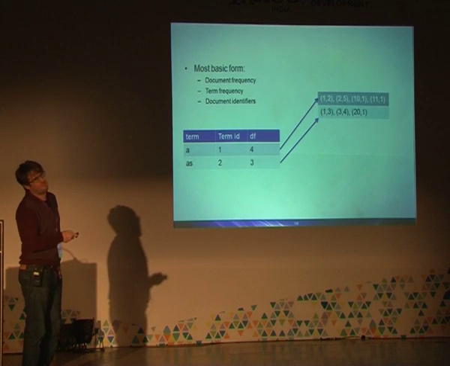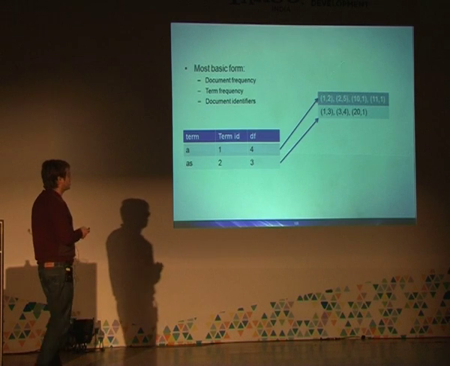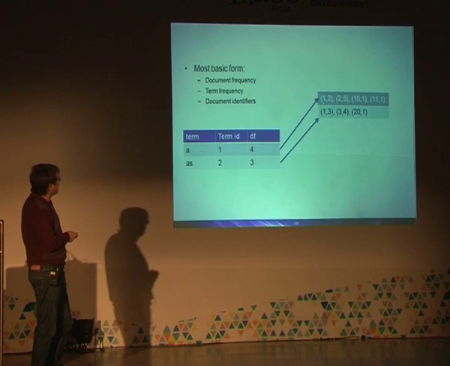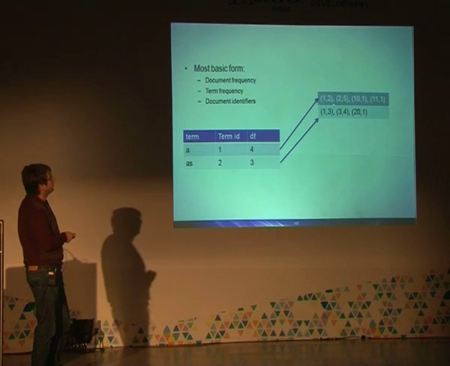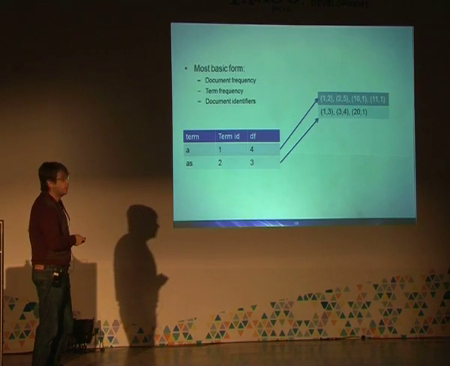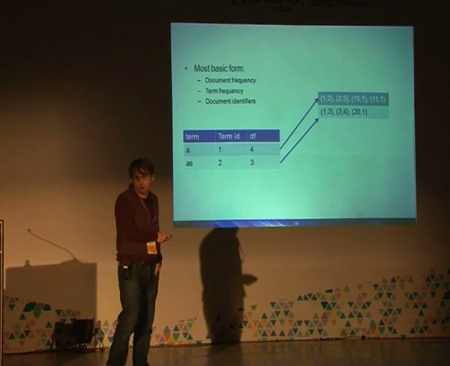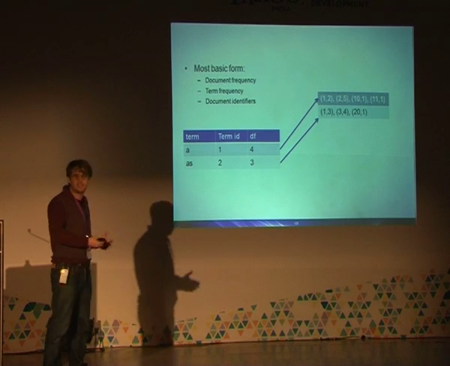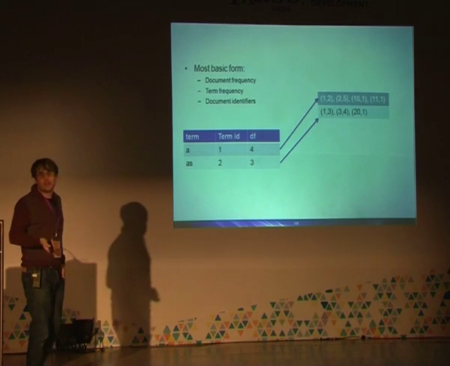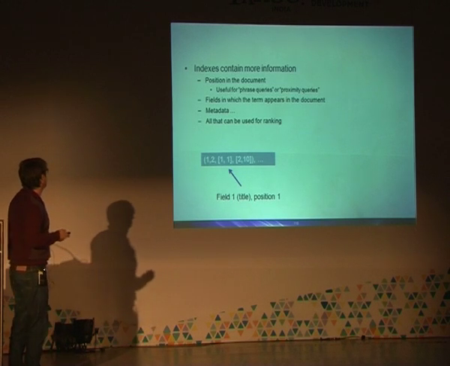And then traditionally, this will be on disk. I'm not sure about that anymore, but you can think that this is a huge structure and this is very small. So you go to disk and you know that A is on document number 1, 2 times, on document number 2, 5 times, 10 1 time, and 11 1 time. Okay? And of course, this structure is compressed and it's super compact, and the data access is very controlled. Because what do we do when we get a query? So we go to this structure, we'll see later.